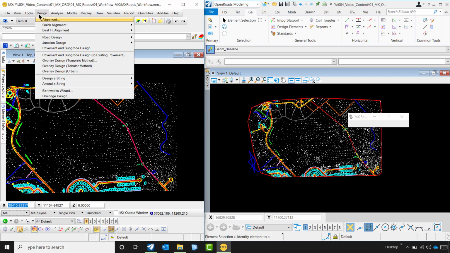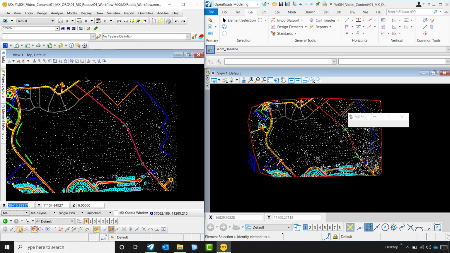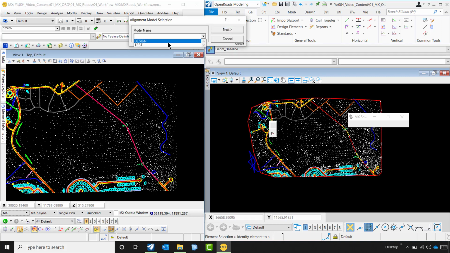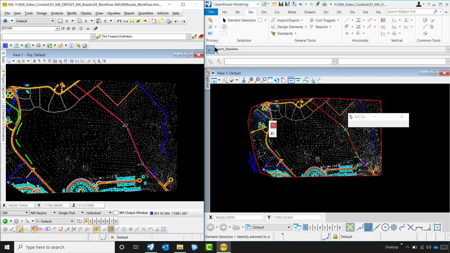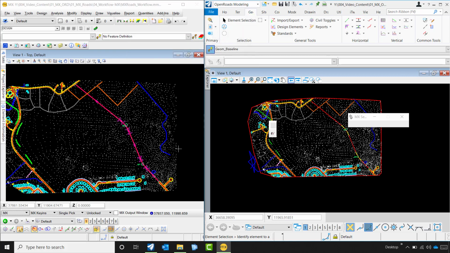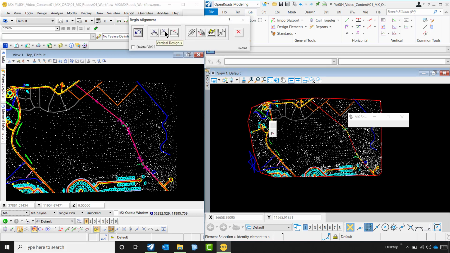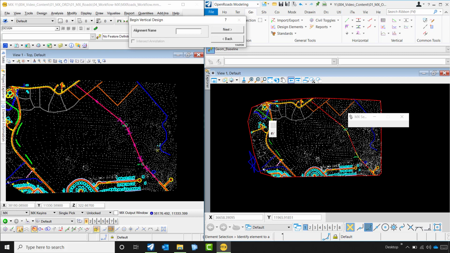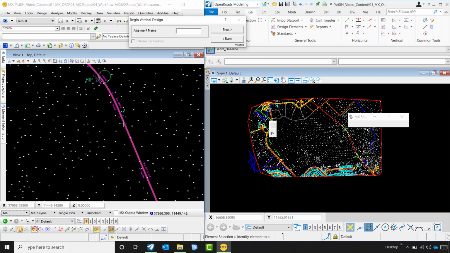For the vertical tools, I shall be making use of the element method again. I shall go to the alignment, choose my design alignment. Already created, and now move to the vertical design. Click on the alignment name. Next,